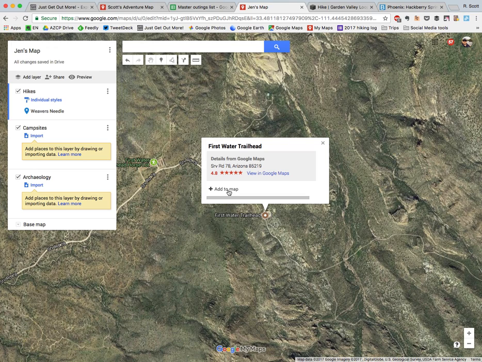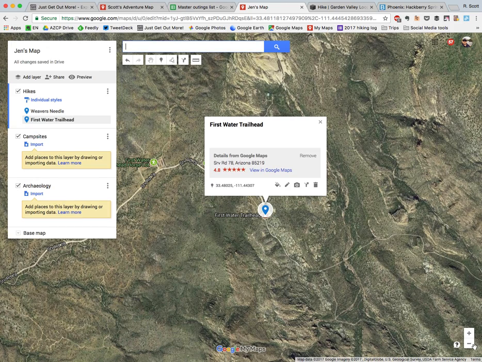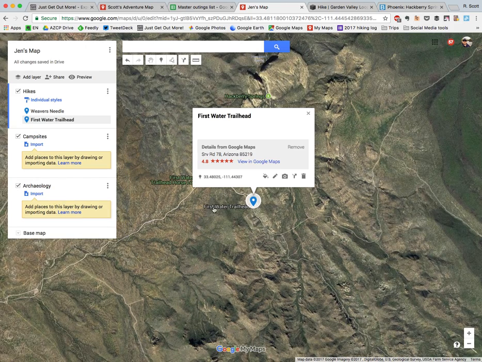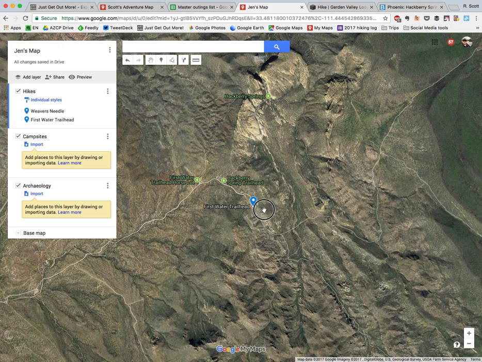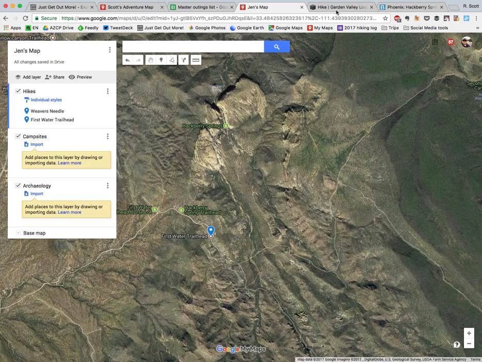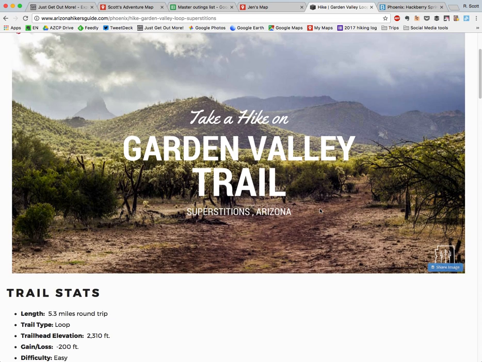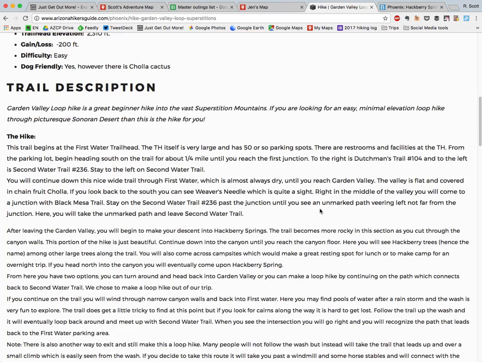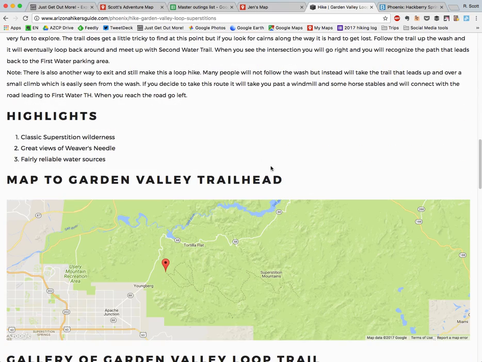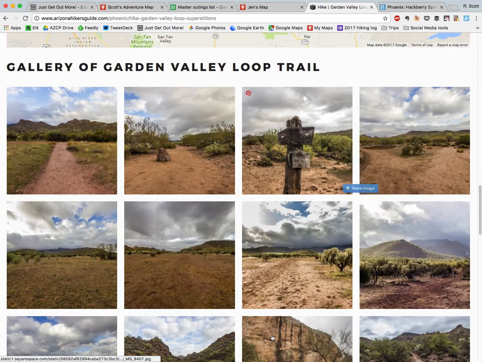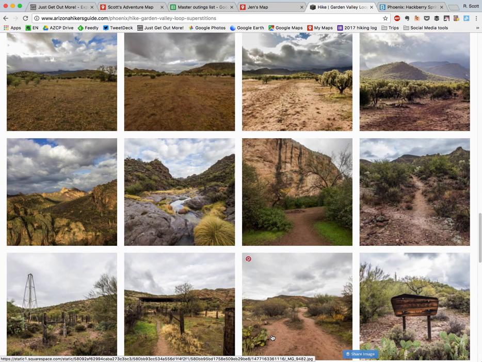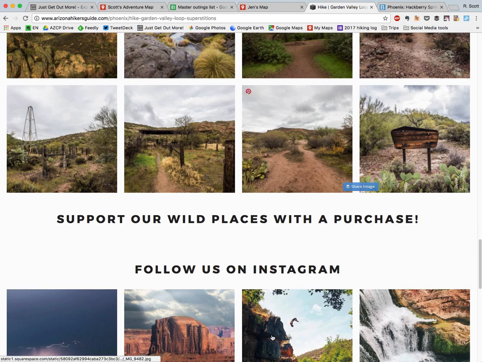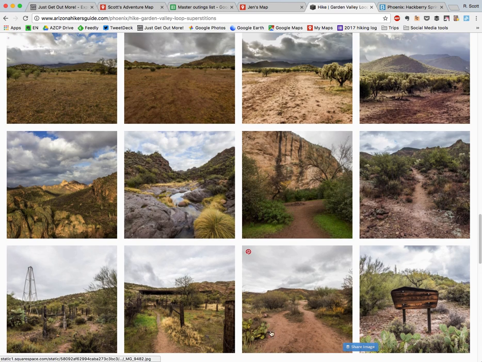I'm just going to add this right now. It's not really the destination I want to get to, but I want to show you a few things here in a minute. Now, this trail, let's see, I did pull it up here. It's called the Garden Valley Trail, Hackberry Spring Loop. There's kind of a few different names for it. It's a pretty low hike. I'm not sure if these photos actually do it justice, but